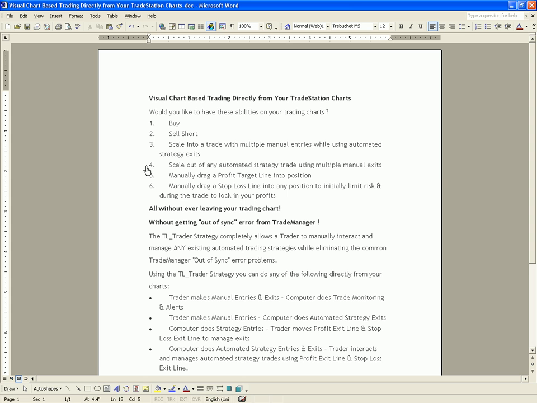So now you can do it the opposite way as well: have an automated entry system and scale out manually, or have an automated exit as well, but you can scale in or out and work in unison with the automated strategy. Or you can manually drag a profit target line into position, or manually drag a stop loss line into position. These are all very powerful things you can do right from your charts without ever leaving